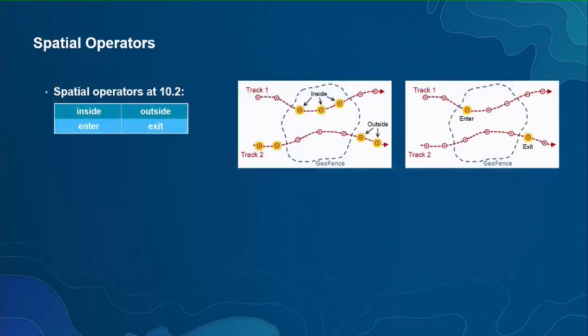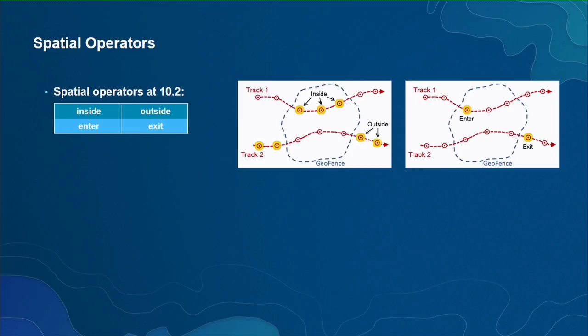Now, we've seen intersect and disjoint. There are a number of spatial operators that we can use here. With the earliest release of GeoEvent Server at 10.2, ArcGIS 10.2, we supported only enter and exit and inside and outside spatial operators. And these presumed that the GeoEvent is going to be a point and your geofences are always going to be polygons. But as GeoEvent Server matured through additional versions,